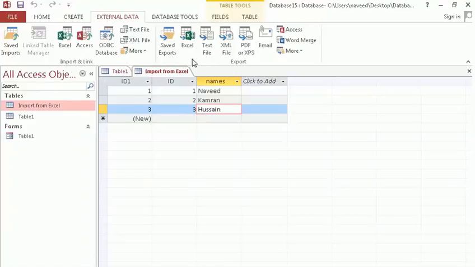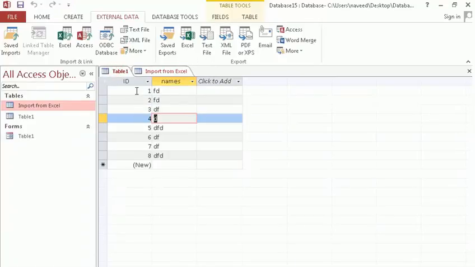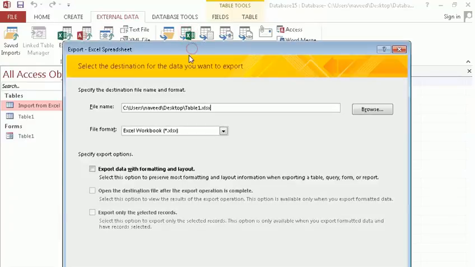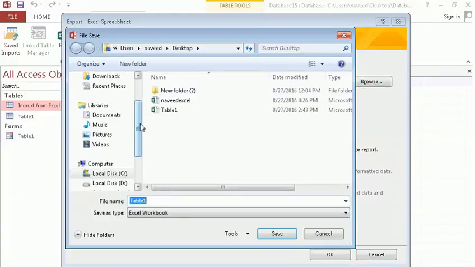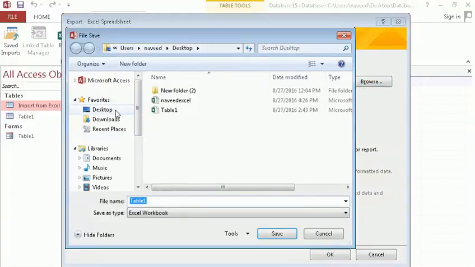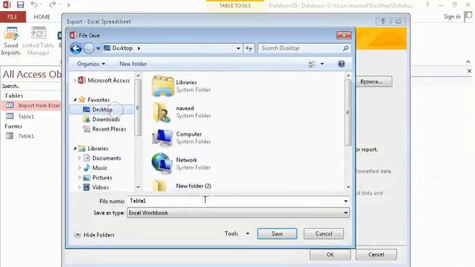So first, as you can see, in this table I have ID and names. In order to export, I will click on Excel, and then I will type the name, and it's asking me where do you want to save it, or where do you want to export it. I said I want to export it on the desktop and with the name of